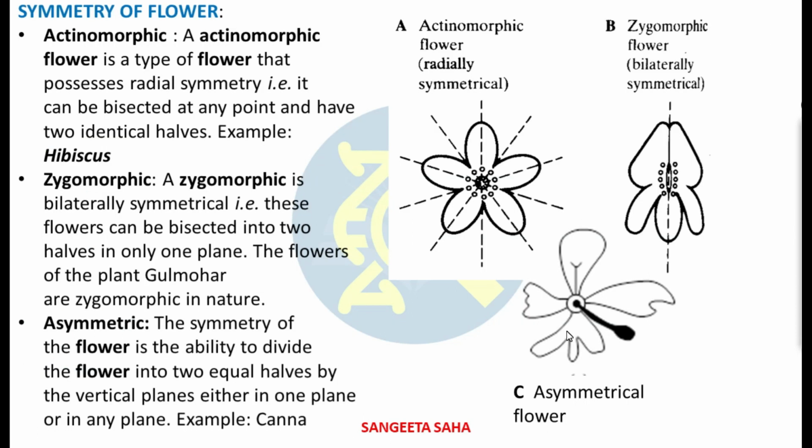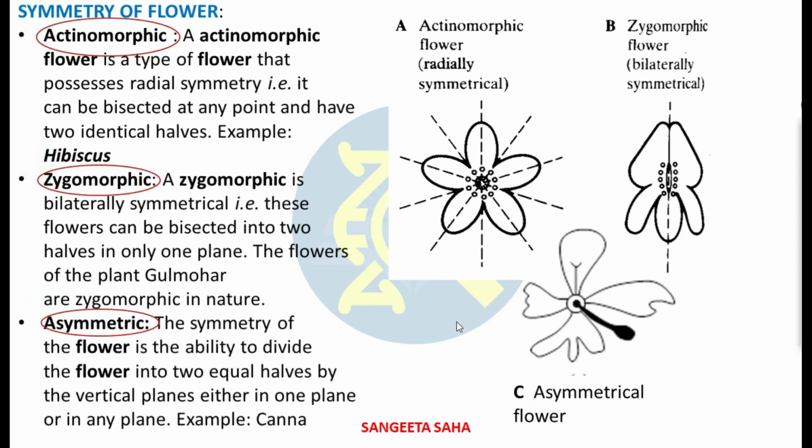Now coming to the symmetry of the flower. Now what is the meaning of symmetry? Floral symmetry means when the flower can be divided into two or more identical or mirror image parts. If you look at any flower from above, and if you cut it in half through the perianth, the two halves might be relatively identical, or identical only along one plane, or not identical at all. So based on this, flowers can be classified into actinomorphic, zygomorphic and asymmetric.